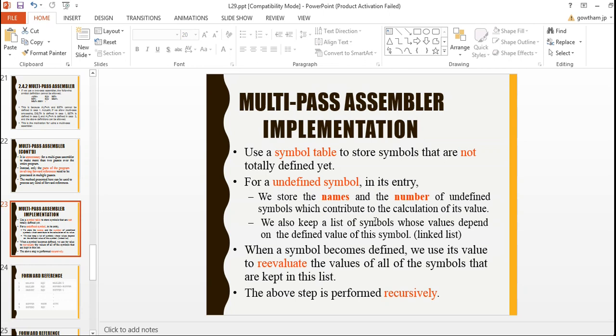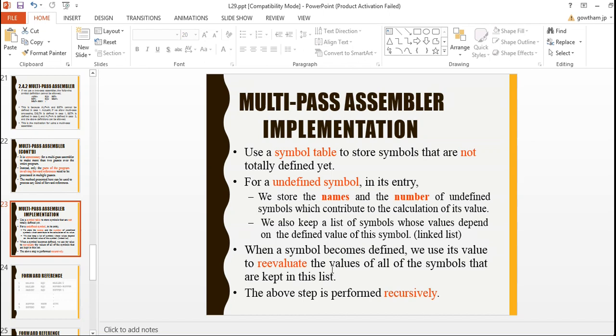We also keep a list of symbols whose value depends on this value. The next one is the dependency. What is a dependency? Using a linked list, we list them out. When the symbol becomes defined, we use its value to re-evaluate the values of all the symbols that are kept in this list.